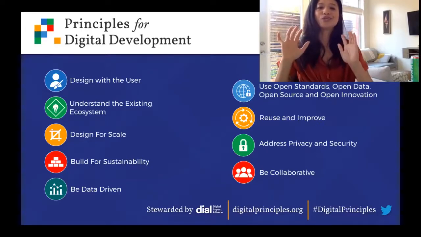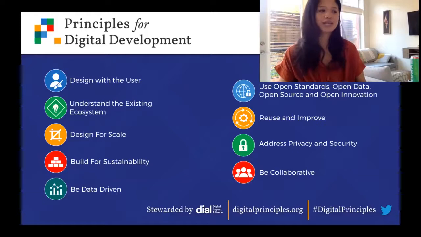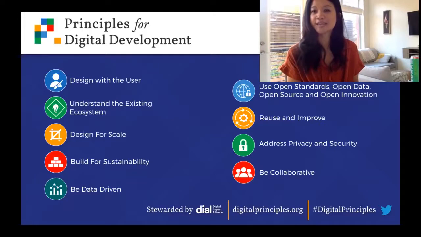So now we get into the use open standards, open data, open source innovation. And unlike the design with user principle, people often say that this is the most difficult to understand and integrate, because I know there's some conflict sometimes with proprietary ownership. And there's a lot of discourse about that, but all we really mean about this principle is to be more open about your work and encourage taking advantage of existing investments in technology when you're able, and to increase collaboration, again, to prevent that duplication.